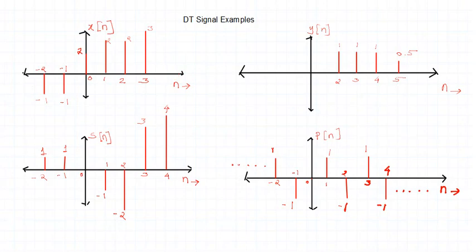Now look at the magnitudes. Let me talk about the first sample at -2. What is the magnitude of the sample at -2? It is -1. What is the magnitude at -1? It is -1. What is the magnitude of the sample at 0? It is 2. The sample at 1 has a magnitude 2. The sample at 2 has a magnitude 2. The sample at 3 has a magnitude 3.